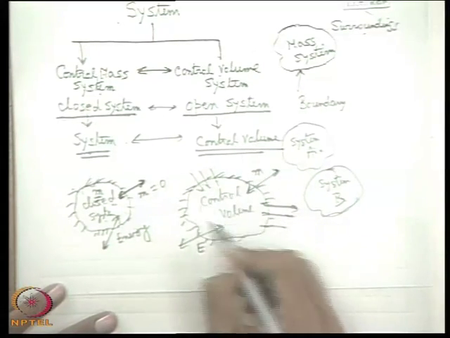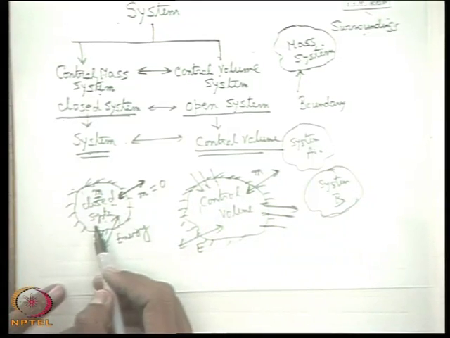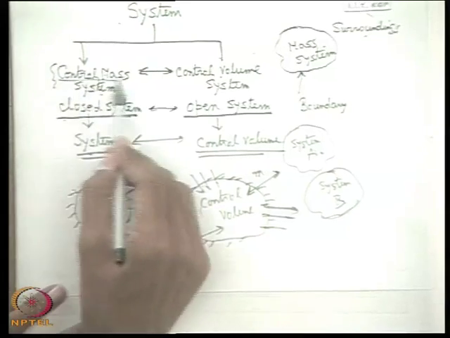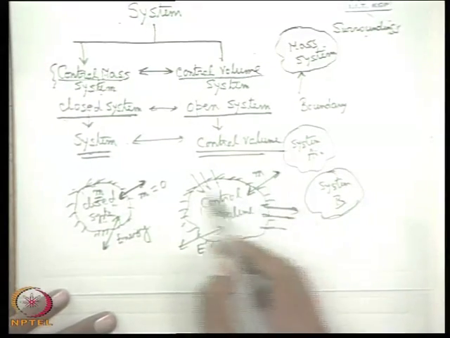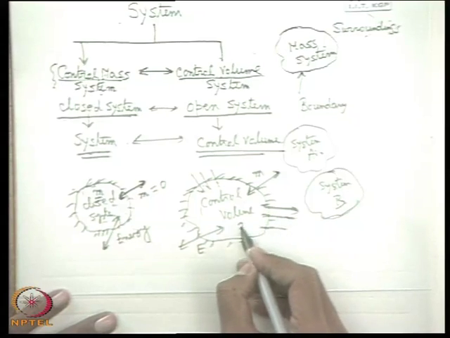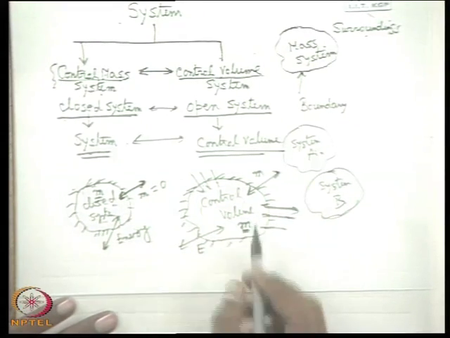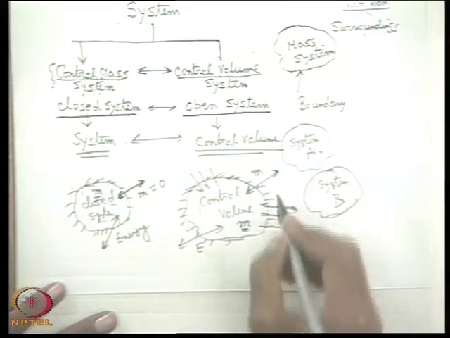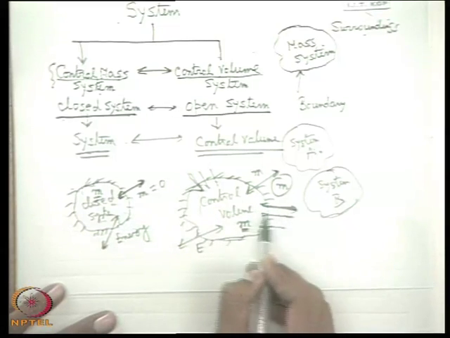That means in a control volume the volume is fixed, whereas in a control mass or closed system the mass is fixed. That's why this is known as a control mass system, and that's why it is known as a control volume system. But in a control volume, mass may come in, mass may go out. So the control volume characteristic is that the identity of the mass changes. At some condition the mass may remain the same in the control volume, when the amount of mass coming in exactly equals that going out.